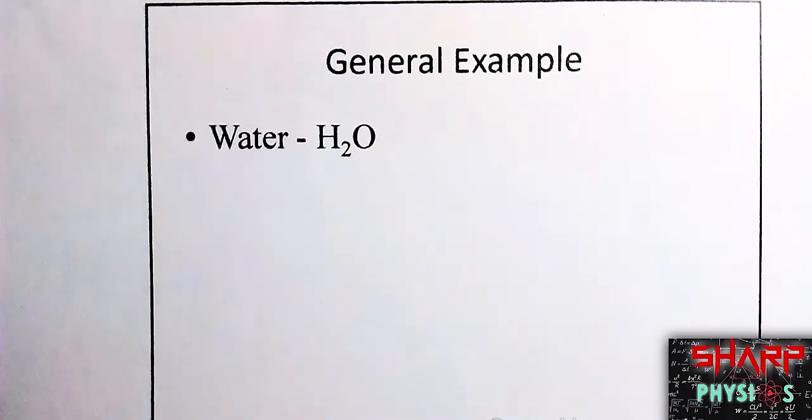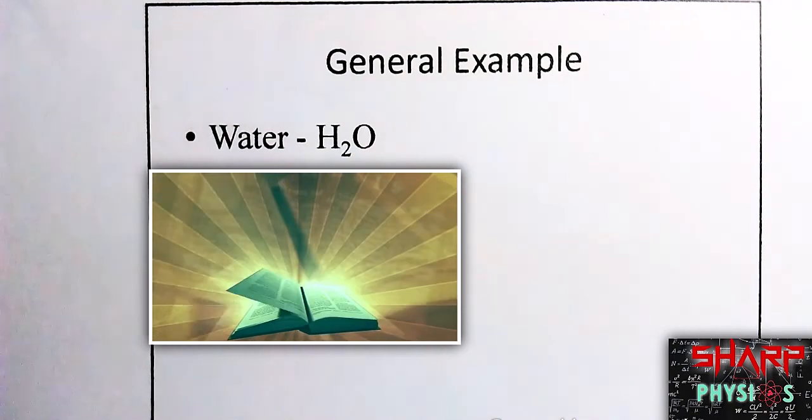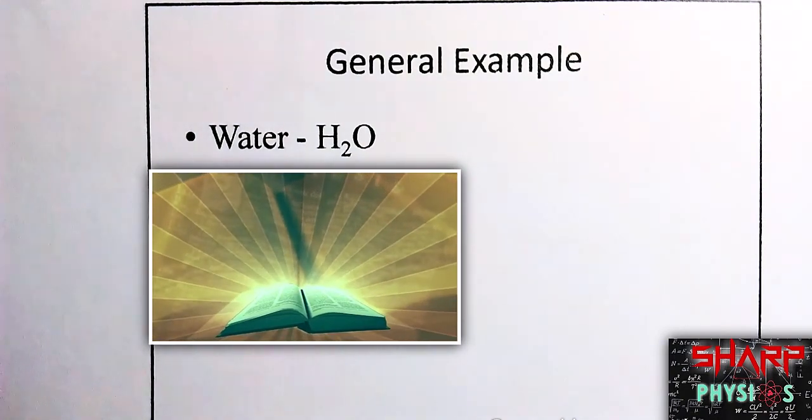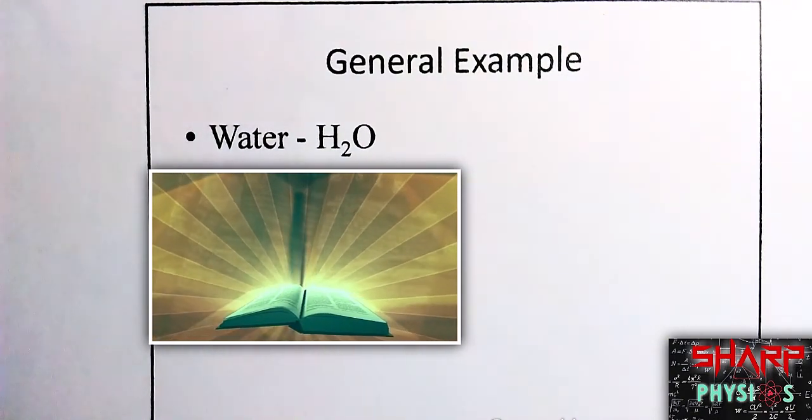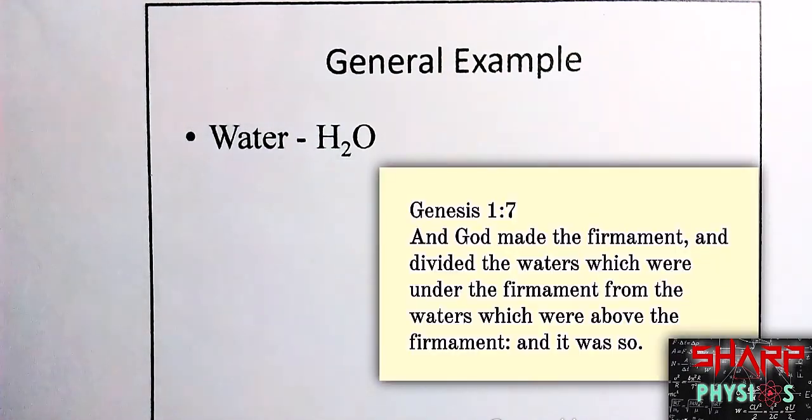The electric dipole is not a new concept. It is a concept before the creation of the world, which God designed beforehand. If you see it in the Bible, in the Word of God, Genesis 1:7 says, "And God made the firmament and divided the waters which were under the firmament from the waters which were above the firmament." So the firmament lies between these two water molecules, above as well as below.